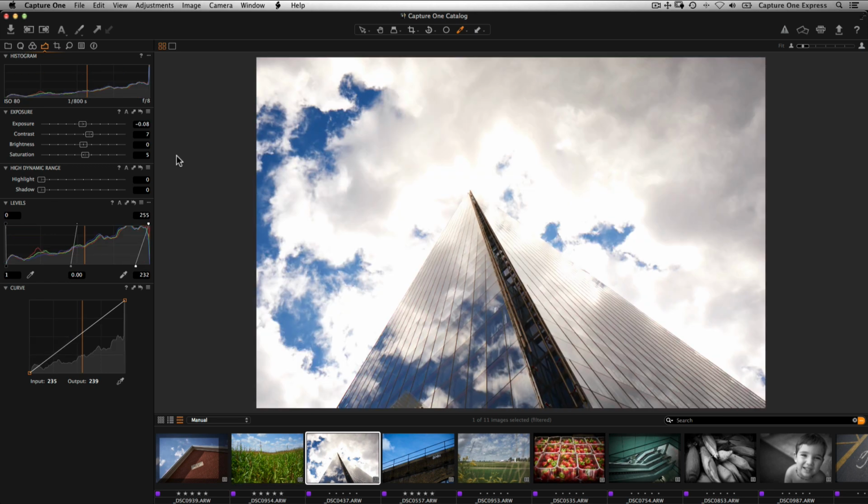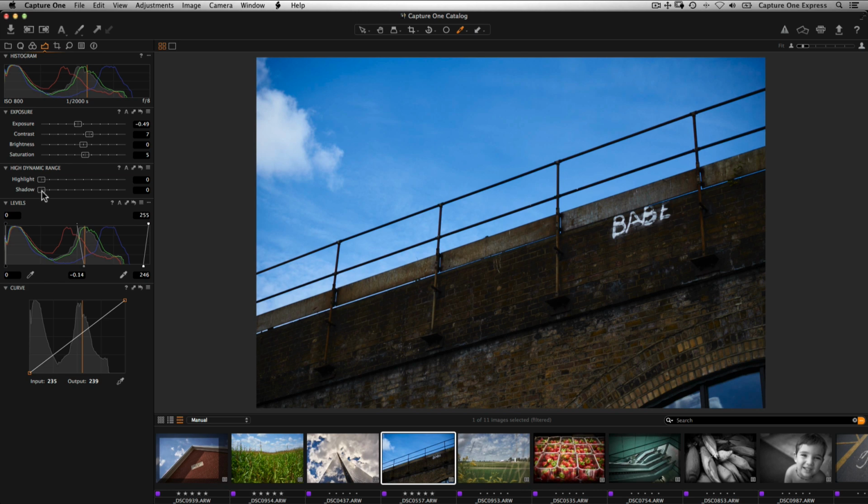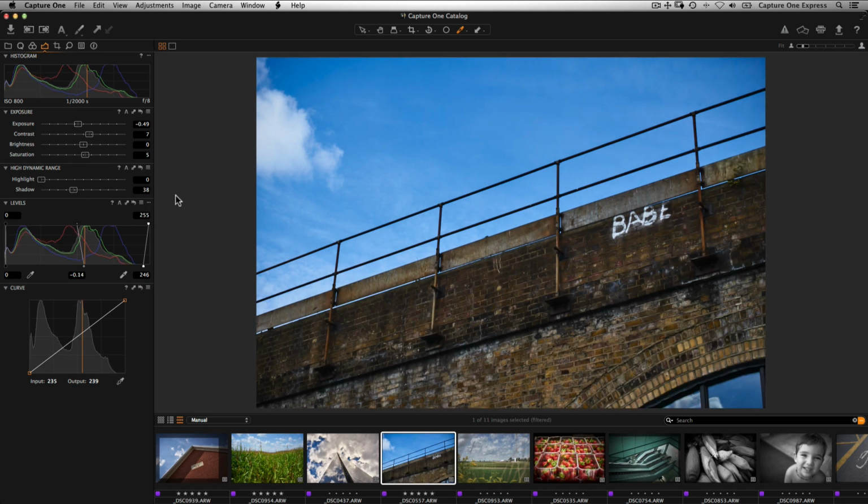The HDR tool allows great control over the density of the shadows and highlight detail. Simply by using two sliders, we can often create results that normally would have required more than one exposure. First, by dragging the highlight slider to the right, we can control the density of the highlights without affecting the midtones or shadows of the image. In this case, we can see detail returning to the highlight areas. Next, use the shadow slider to brighten the darker parts of the image, now without affecting the midtones or the